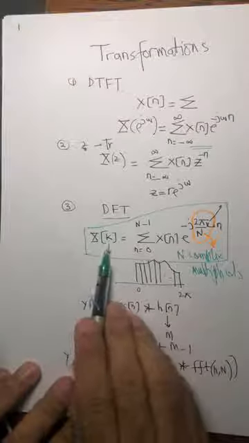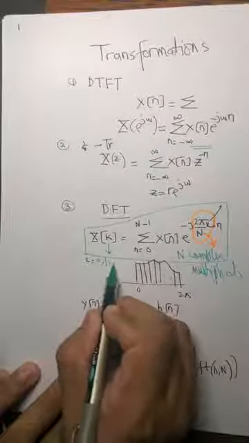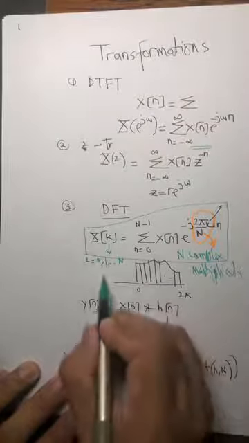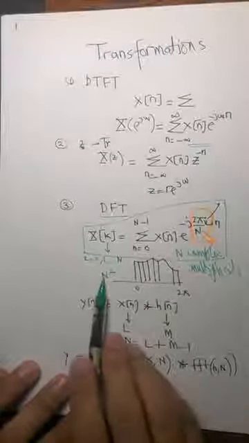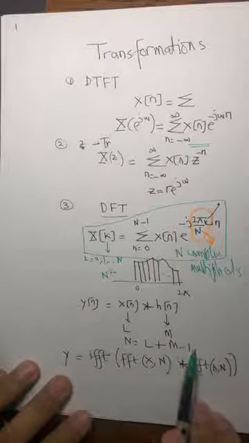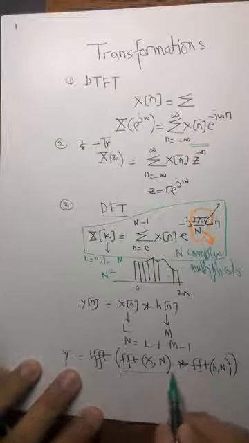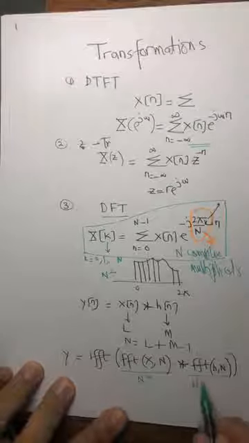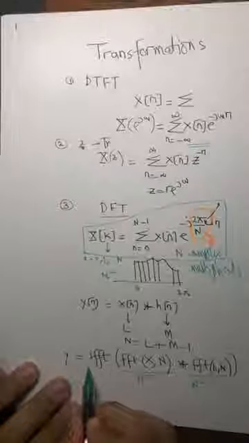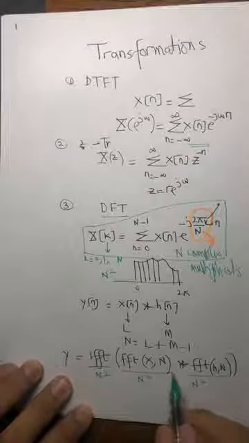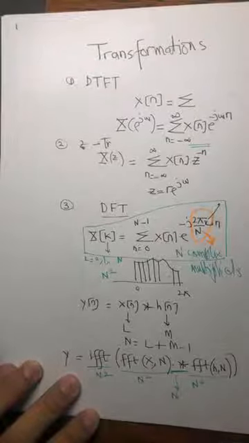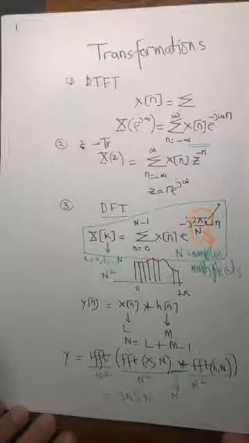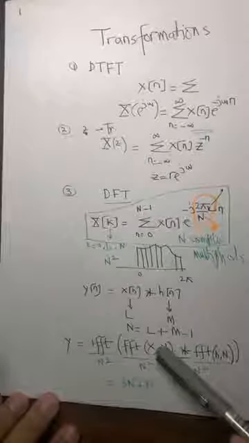So N and K also go from 0, 1 to N. It means to calculate a discrete Fourier transform, you require N square multiplications, where remember N is L plus M minus 1. Calculating the DFT of this requires N square multiplications. Calculating the DFT of this, you require N square multiplications, and then these multiplications are also N multiplications. So you require 3N square plus N multiplications to perform convolution using this method, which is way too expensive